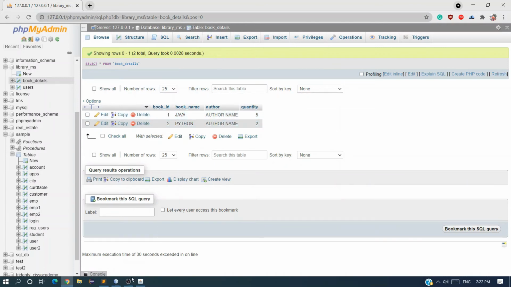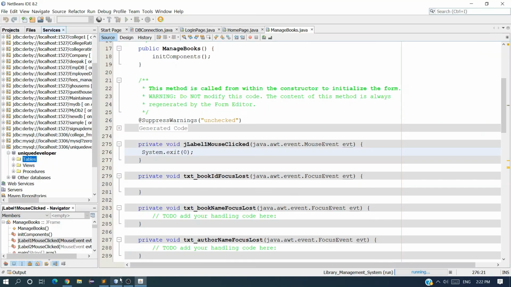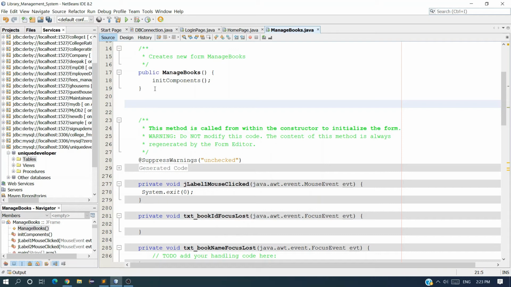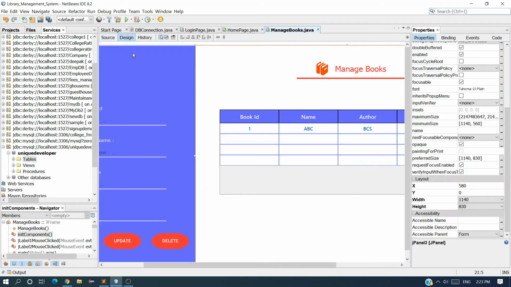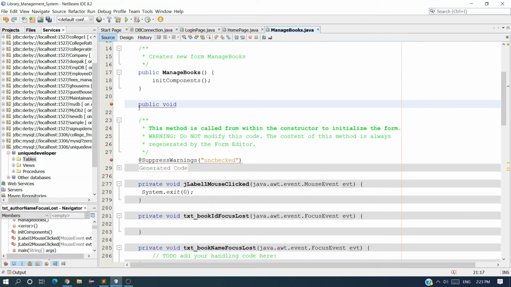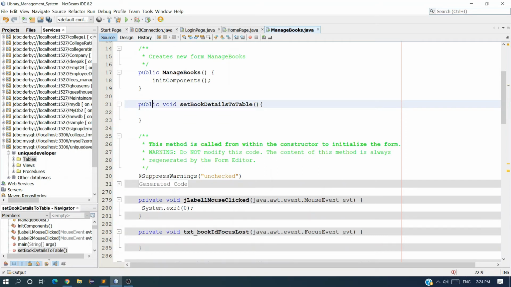and you can see we got our 2 records. Now I want this data to be displayed on this table, so let me just close it. We have to write a method called set data to table, or you can name it any method. We are going to write a method which will fetch the data from the database and display it on this table. So come here and write a method called public void set book details to table. You can provide any name, no problem,